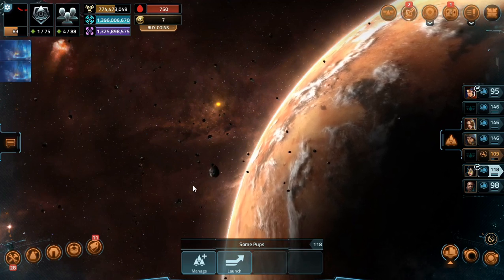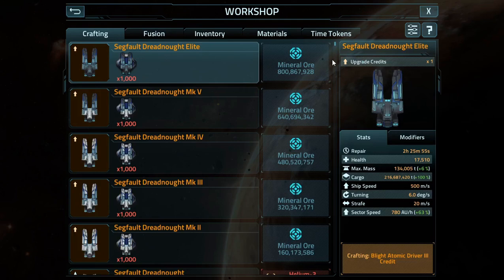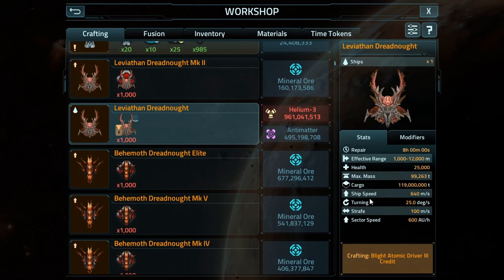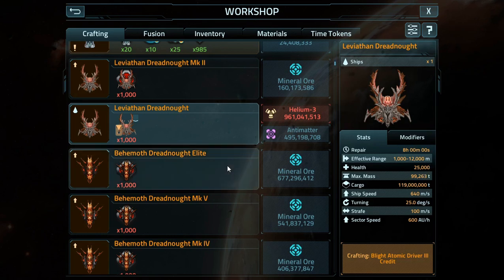Let's go ahead and have a look at the Leviathan real quick. Alright, stats-wise: 8-hour repair time across the board from Mark 1 up to Elite, so that never changes no matter what you equip on it. Effective range 1,000 to 12,000 meters, so it has a small blind spot around it. However, due to the hitbox, I don't think you can get on top of it unless you're using Pharmacon, where you phase through the target, in which case you could technically sit on top of it where it couldn't hit you. Health, 25,000 hit points at Mark 1,